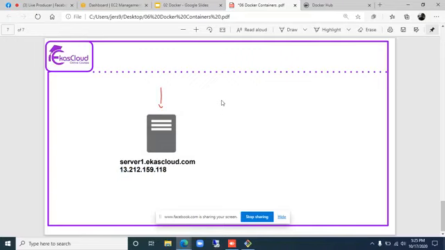So this is a virtual machine running Amazon Linux operating system, and now we are going to install the engine software which was developed by Docker.